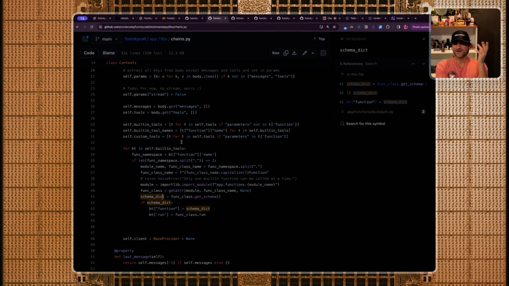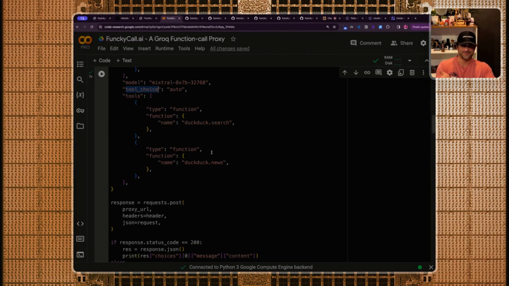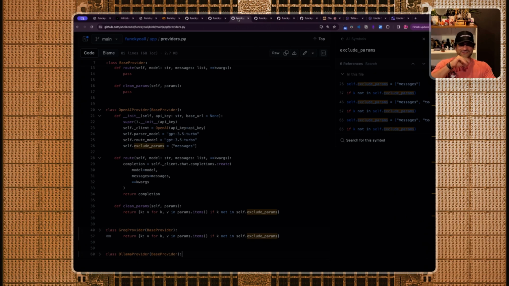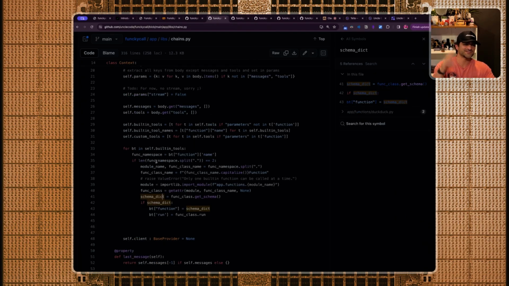We're talking about the function name, duck.news, and duck.search. The provider I want to talk about a little bit later. And then here again, let's just Ctrl Z, Ctrl Z a little bit. Here we get that duck.search. So we take out a duck, and then we take the search. We make the search an uppercase capitalized Search function, and then we go to app.functions, module name, and then we take